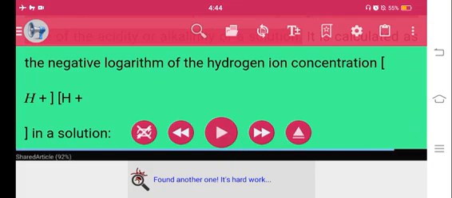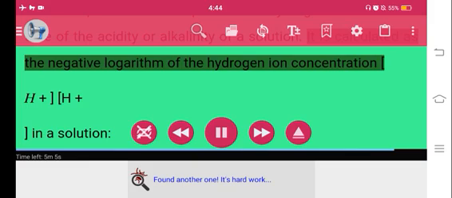The term pH refers to the potential of hydrogen and is a measure of the acidity or alkalinity of a solution. It is calculated as a negative logarithm of the hydrogen